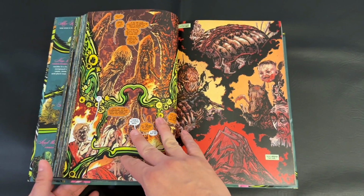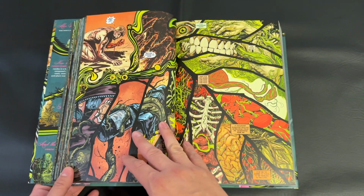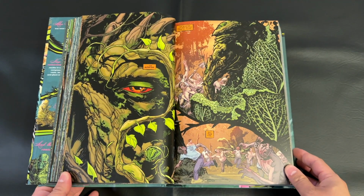I know some people, this is their favorite run on Swamp Thing. I certainly understand the argument for that, and honestly, it's up there for me. It's a really great run all the way throughout. I think that both of these writers did a great job expanding the lore or mythos for this franchise in